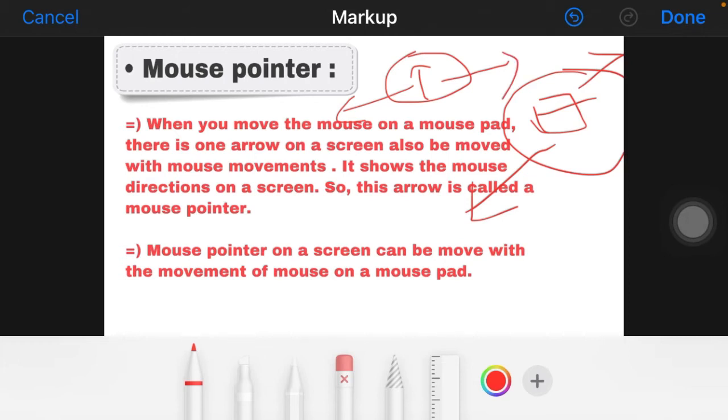So we can say that when you move the mouse on a mouse pad, an arrow on the screen also moves with our mouse movement.